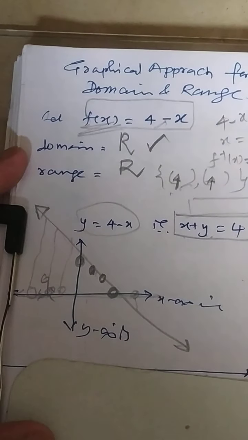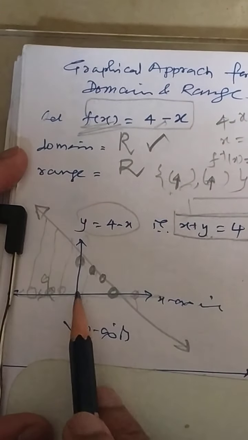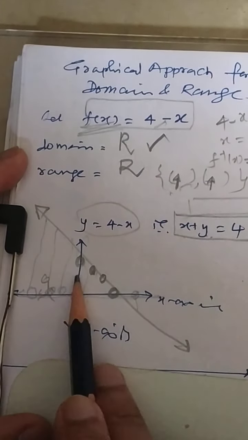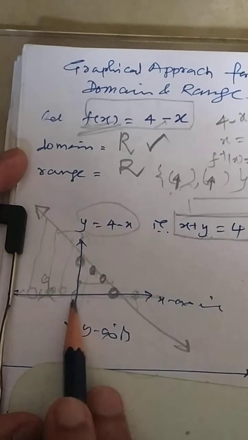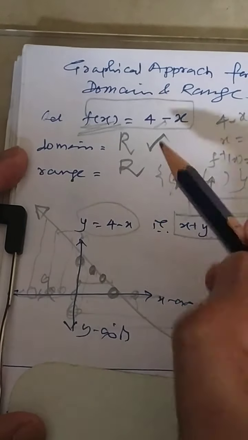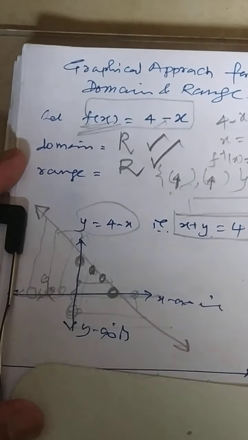The things will be more clear when I share some other example. What is variation? Now if I am talking about variation on the y-axis, for this point also I have the solution. For this point also I have the solution. For this point also, if you are asking, I have to go to the left. For this point also, so there is no problem. So range is also equal to R, domain and range.